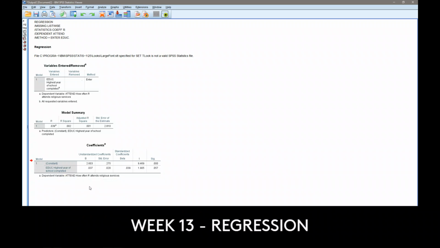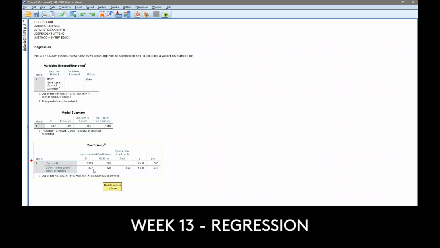Now, the way you formally interpret a regression coefficient is as so. For each unit increase in education, so as education goes up 1 unit, for each unit increase in education, there is an associated 0.037 unit increase, because it's positive, in religious attendance. Basically saying, as education goes up, religious attendance goes up. And it goes up at this unit. So it's a small unit,